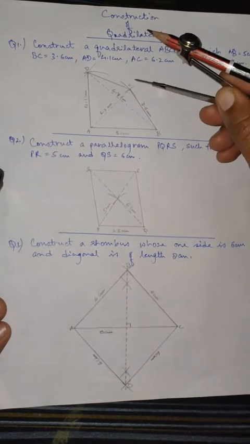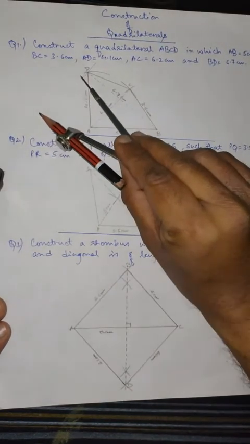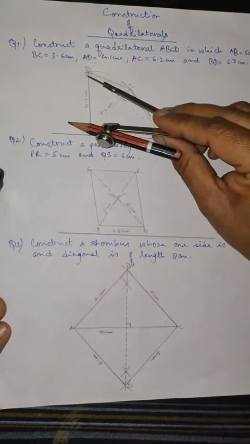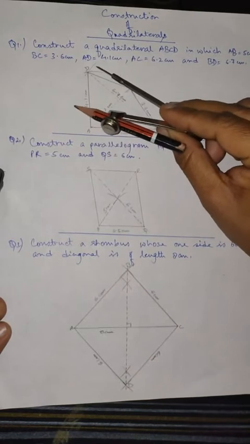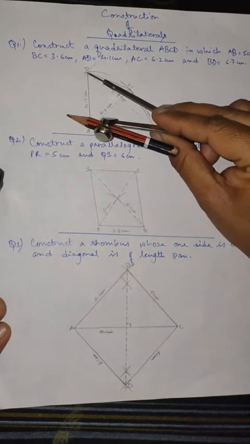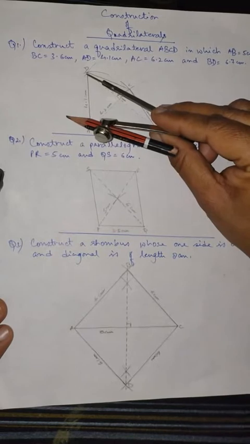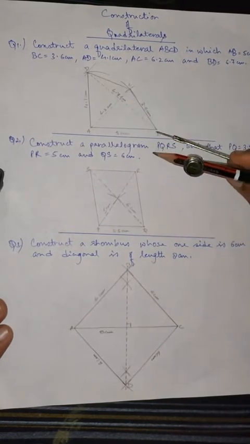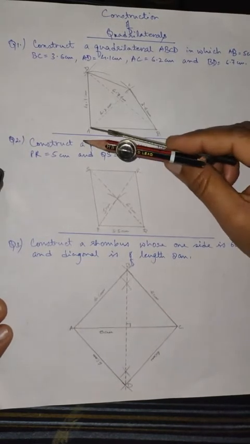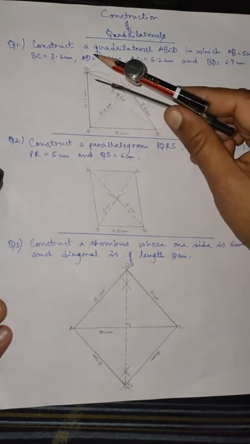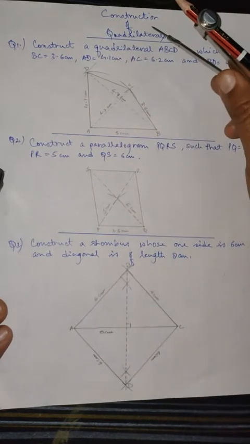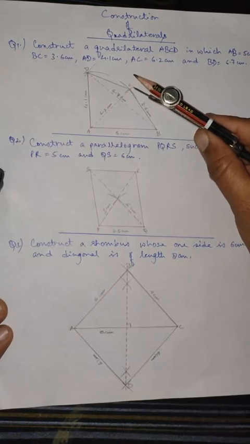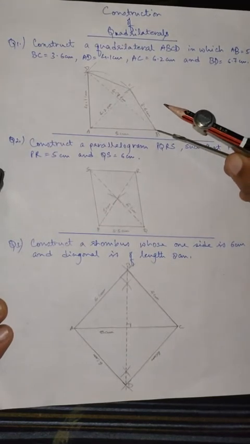Similarly, when you place an arc of 6.7 centimeters, that is this arc, and another arc of 4.1 centimeters, that is this arc, you get the vertex D over here. So when you join all the vertices together, that is B with C, C with D, and D with A, you get the required quadrilateral. Children, remember that this is the arc of 3.6 centimeters that I marked by placing the pointer at the vertex B.